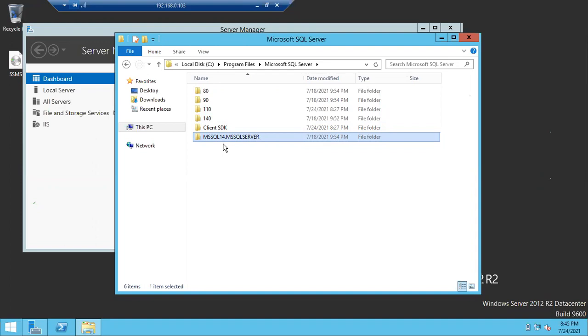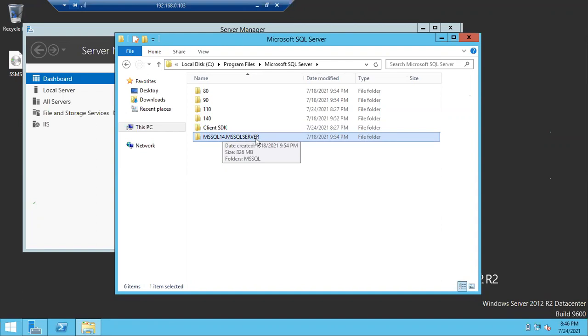Very good, sir. Sometimes they will ask you, without opening Management Studio, how can I check which version is installed on that machine? In Program Files, you can see MS SQL 14.MS SQL Server, which means 14 is SQL Server 2017.